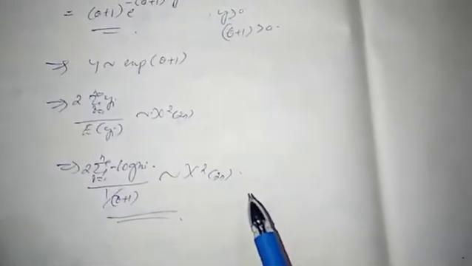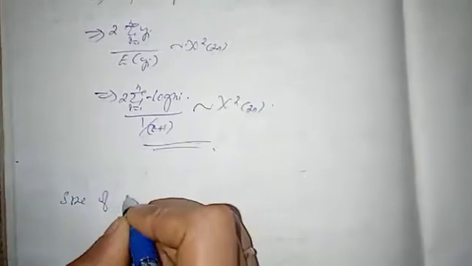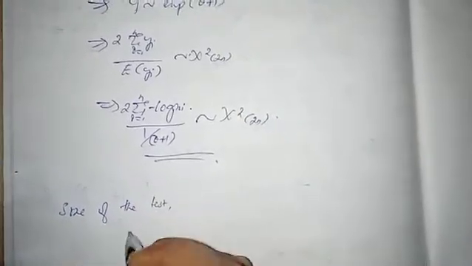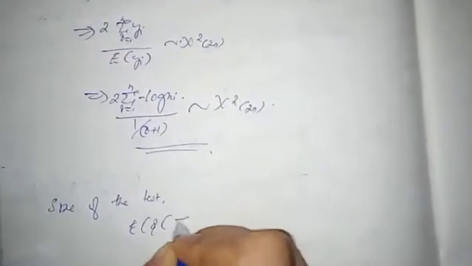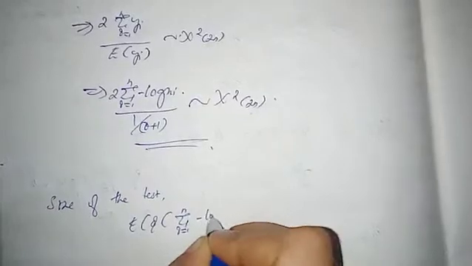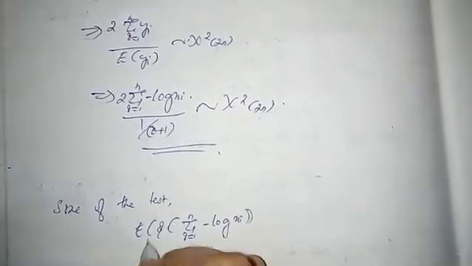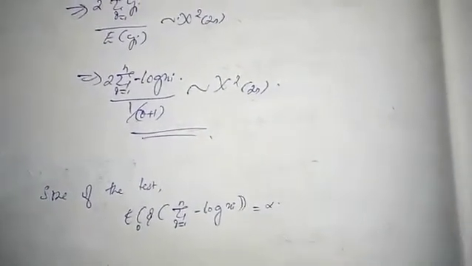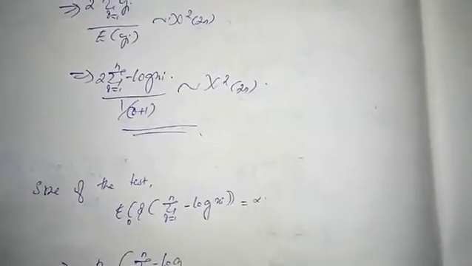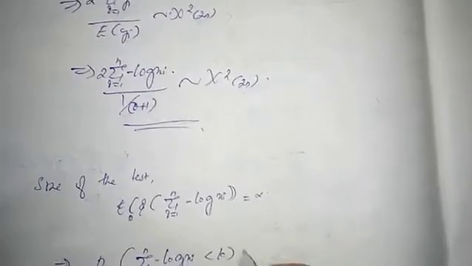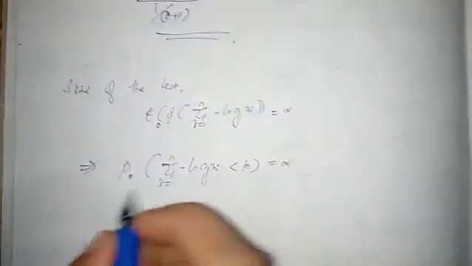This is our last problem. Using that, we have to obtain the size of the test and the power of the test. The size of the test is the expectation of phi of summation i = 1 to n of minus log xi under H0, which is equal to alpha. This implies the probability that summation i = 1 to n of minus log xi is less than k equals alpha, which implies